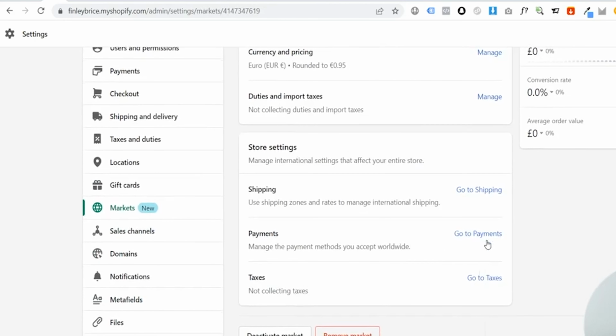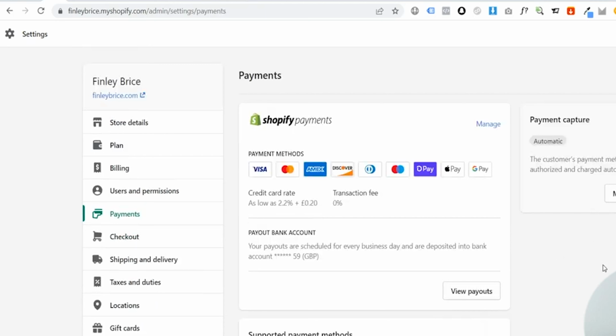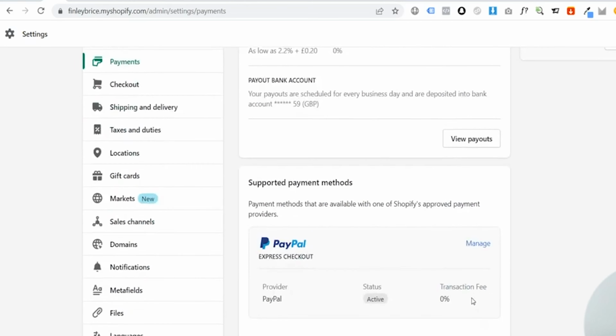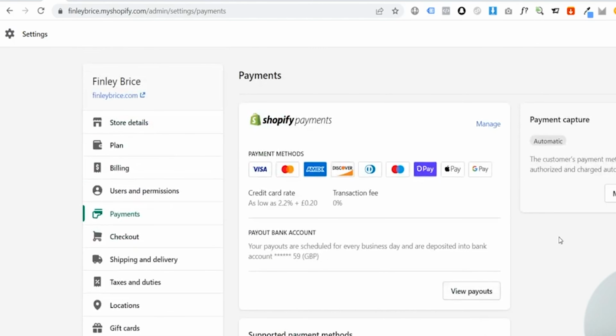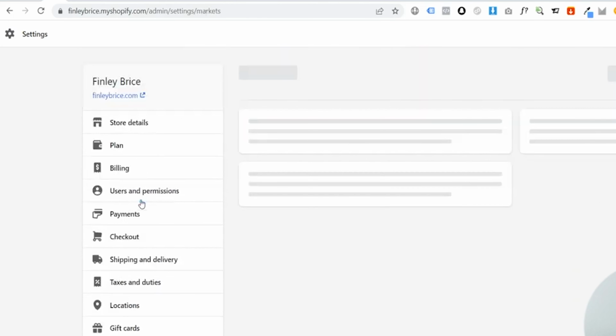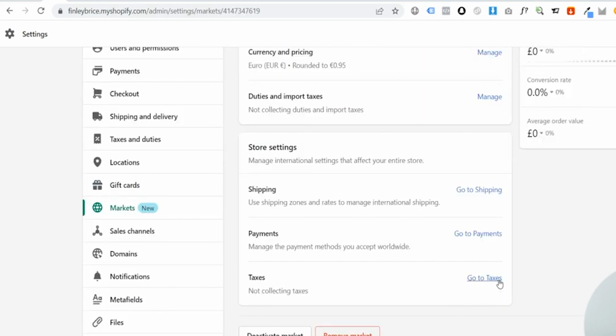So from here, we can go and set up a payment method. So we can click on go to payments, and then it will show you all of the active payment methods that you can use in that country. So you can see for Spain, they pretty much accept all of the default payment methods. So I don't really need to set anything else up. But for particular countries, it might show you a different payment method that is more popular in that country that you can set up. So now that we've done that, we can once again just go back to markets, and